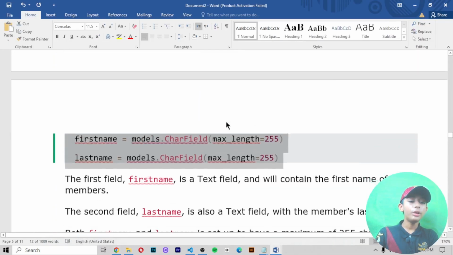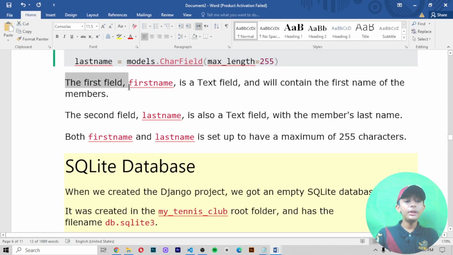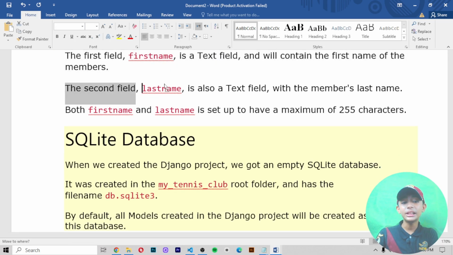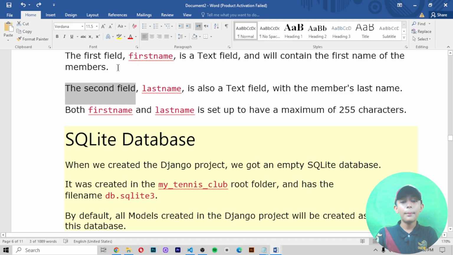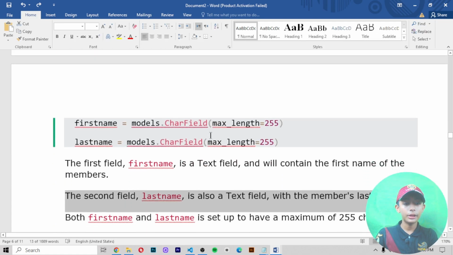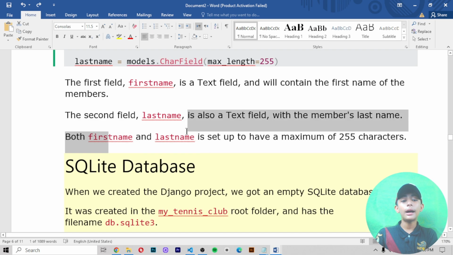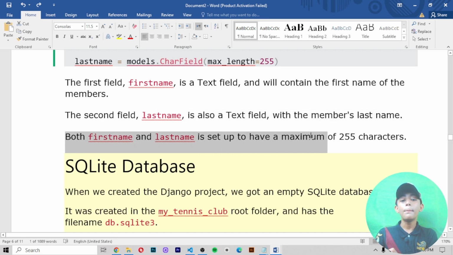The first field, first name, is a text field and will contain the first name of the members. The second field is the last name, also a text field with the member's last name. Both first and last name are set up to have a maximum of 255 characters.